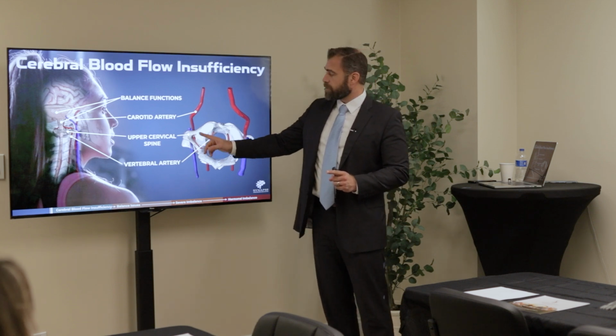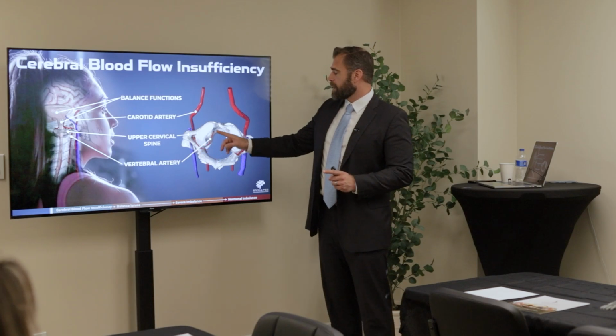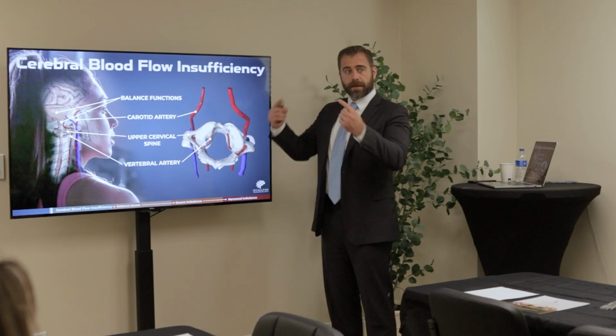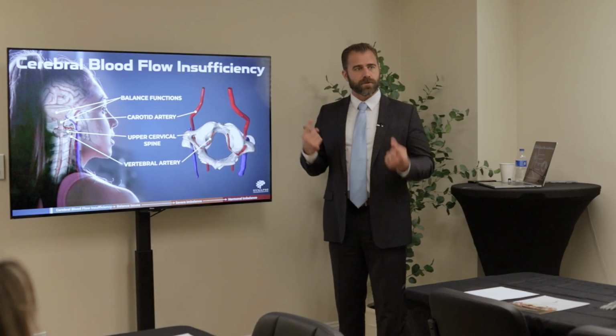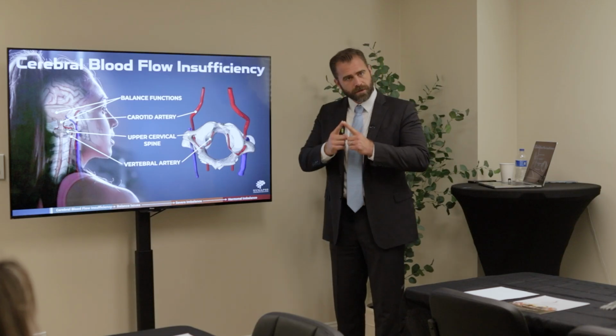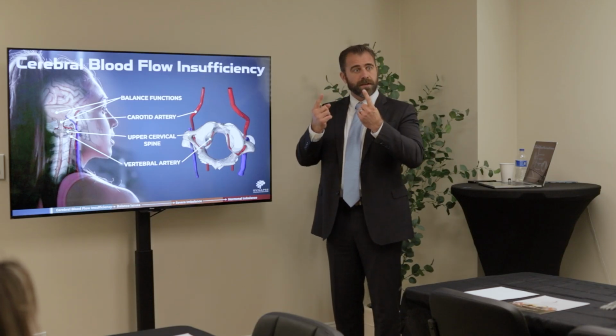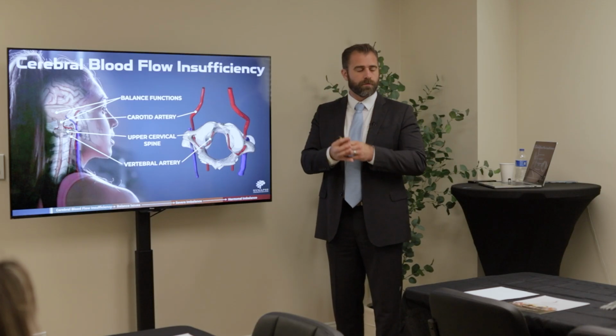The vertebral arteries go through the atlas bone, they come up, and they actually merge to become the basilar artery. So the two become one. The one goes into the circle of Willis. The carotids also dump into the circle of Willis. So